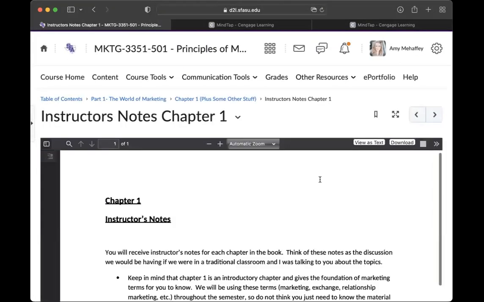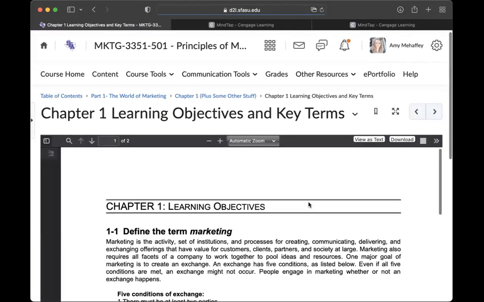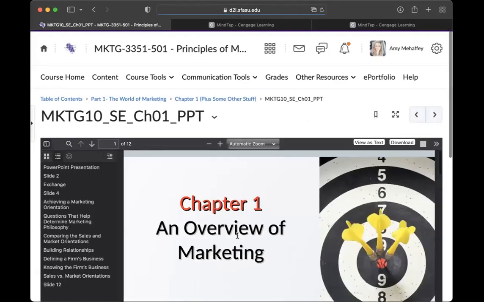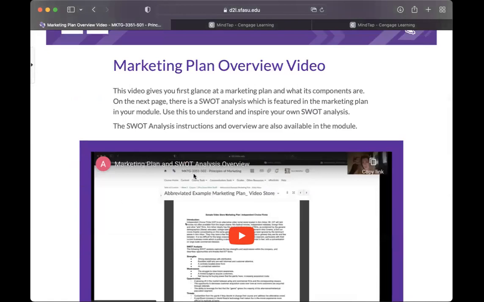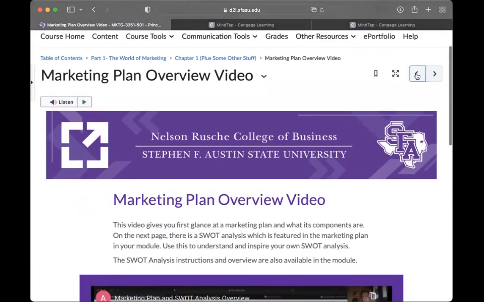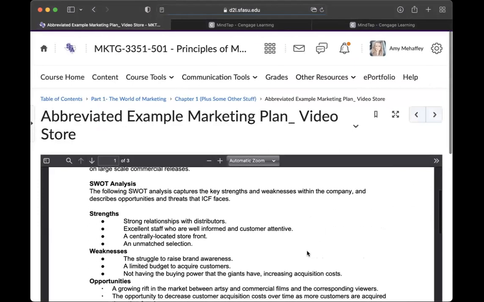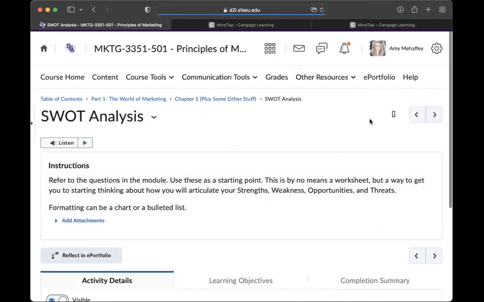So as you work through it, you'll see there's instructor notes, there's different key objectives. Some students like to look at that. There's a PowerPoint presentation, and then I actually jump in and give a lecture over each section in these modules. And so if you're an audio learner and you like to follow along, great. If you want to print all this out, that's great too. There's a video, there are written notes, there's all kinds of stuff.